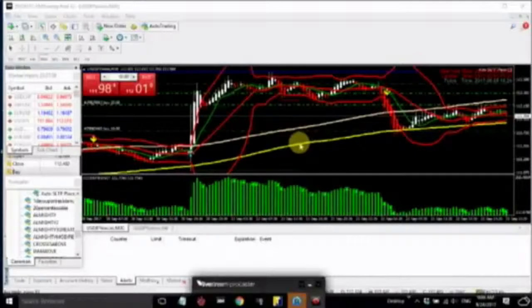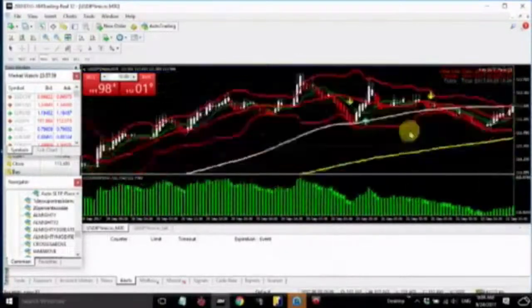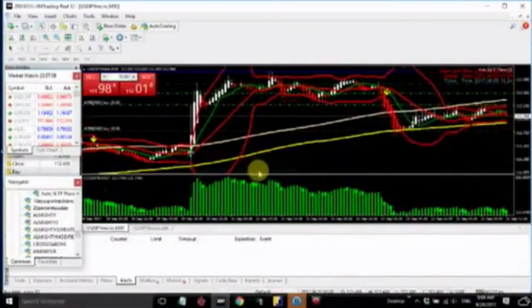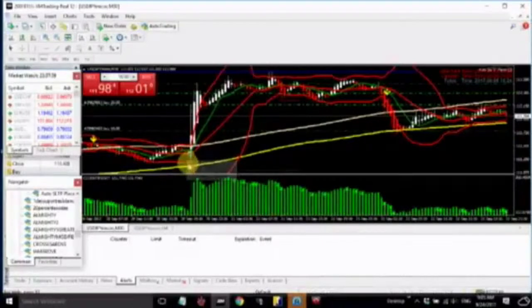When you take a look at the price, you see that the price separates from the moving average 200 and later comes back to the moving average 200. When you're using the 15-minute chart or 30-minute chart, the price separates from the moving average 200 but must surely come back to it. Look at the price touch the moving average 200. This is where the price will always start, either by crossing it or coming back to touch it,